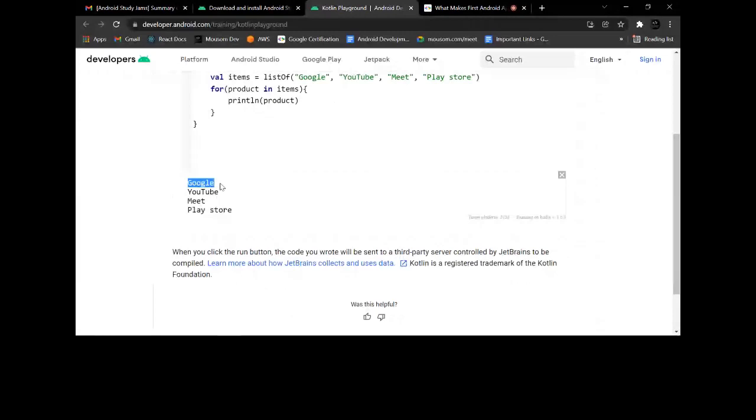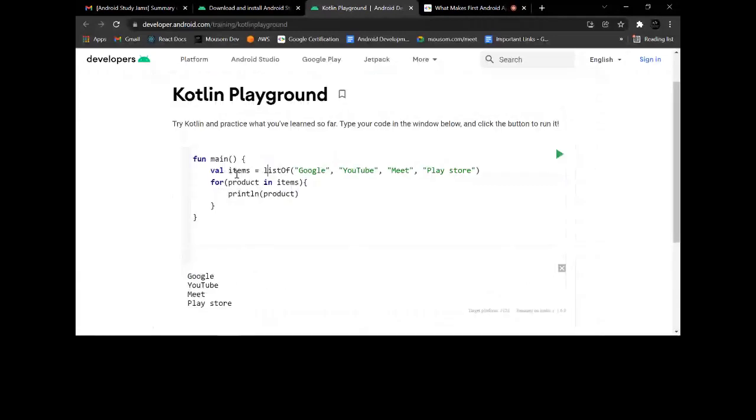Okay, so this is how we can store multiple values inside a list, and we can access this list by doing this for loop. Or we can check any elements using the indexes, like we have in our array.